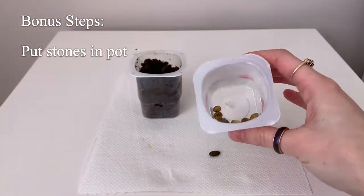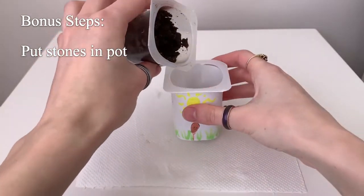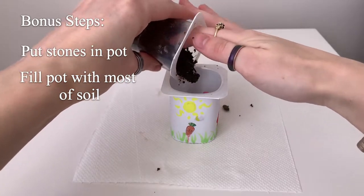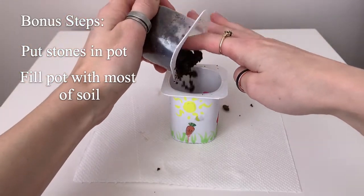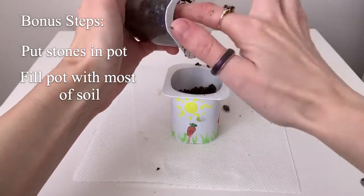Take some stones and put them into the bottom. This is for drainage. Then we're going to take our moist soil, this can be from the garden or some soil that you happen to have, and we're going to put it into the pot. This is quite a messy part of the step, so make sure you have a nice covering on your table